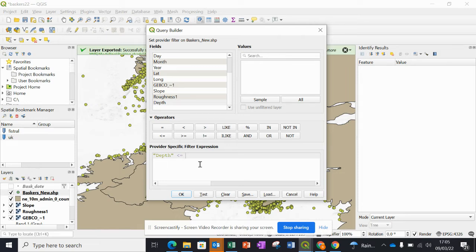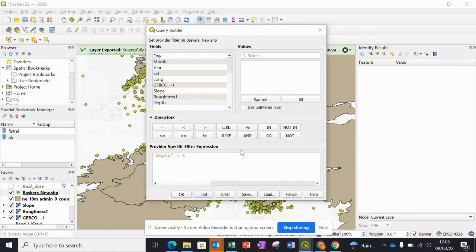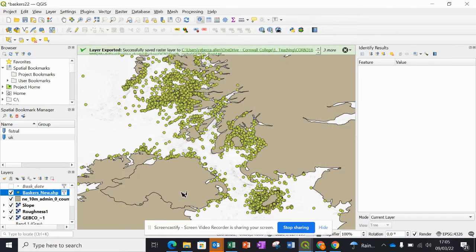I don't want equal to, actually. I don't want them to be 0 because that would be a bit silly. So I'm just going to have a less than 0. Test it, see if it's making sense. And it's telling me I'm going to have 15,872 sightings. It's getting rid of a big chunk of them, but it's keeping quite a lot, which is quite handy. So if I run OK,